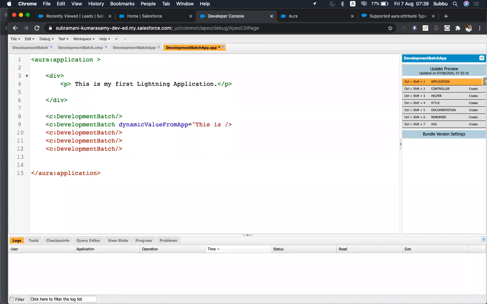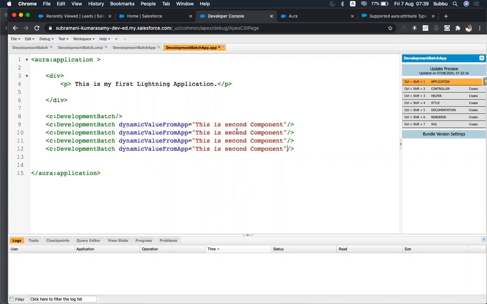This is second component. So now you are passing value dynamically from the Lightning application. So from the application, you are dynamically passing the value to this component. Let's see.